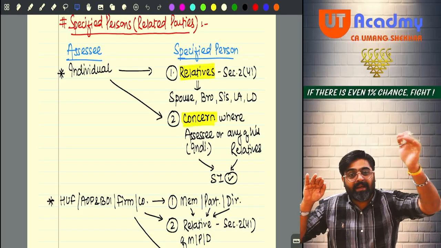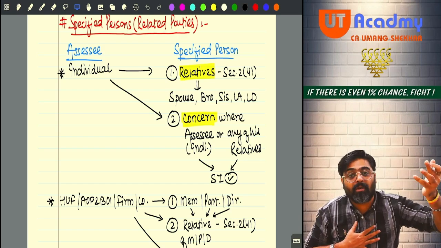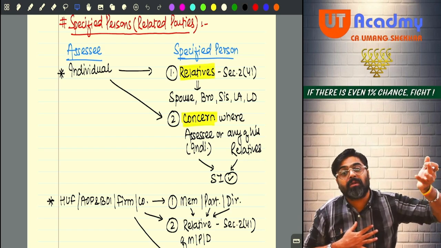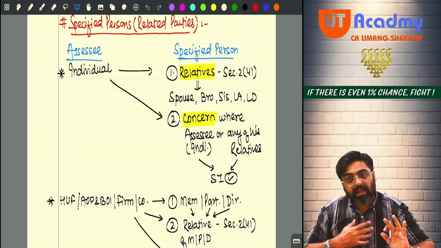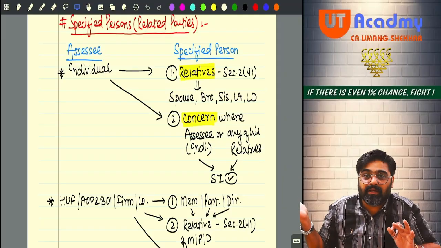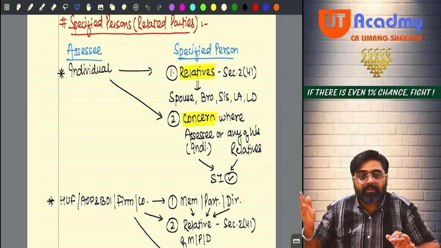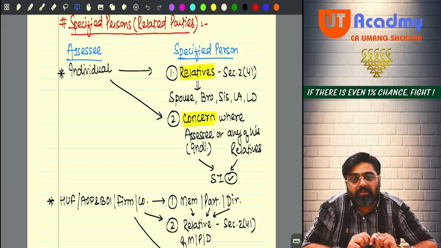So in the entire Income Tax Act, wherever in any provision there is a mention of relative, and if the term relative is not specifically defined in that section, then I will have to take the help of the definition section. Definition is given in section 2, subsection 41, which says that for an individual assessee who is a relative,